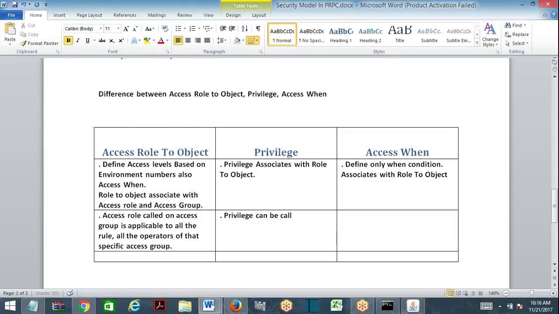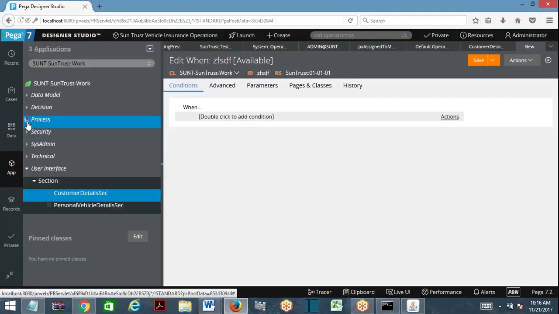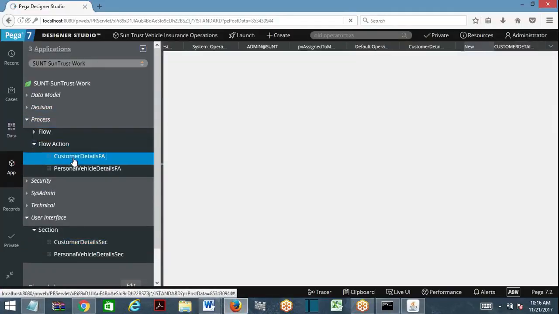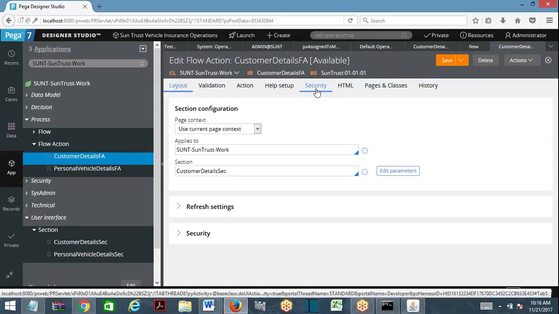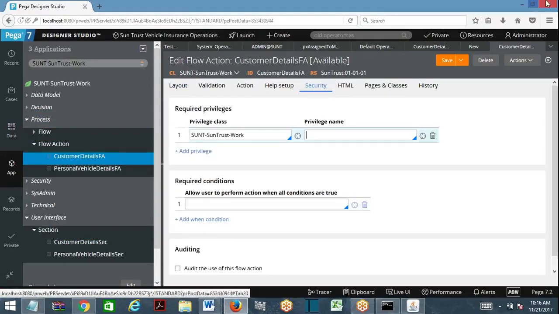privilege can be called on individual rules like activity, flow action. You open the flow action, look here, you have privilege, flow action.